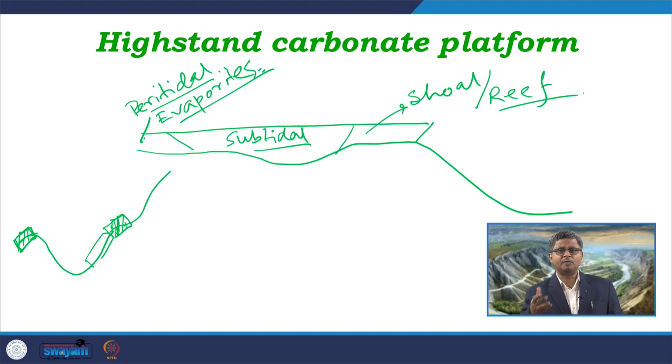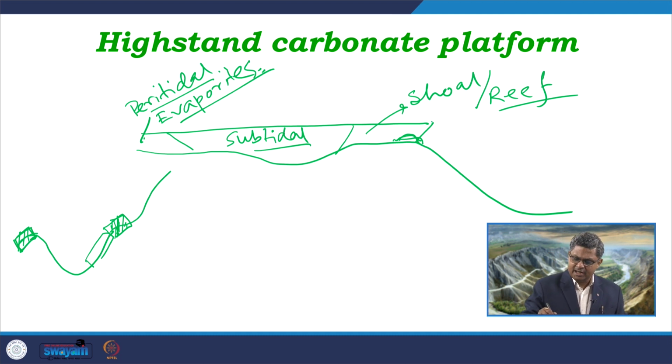Now, this development of reef is also part of maintaining that balance, which can form over here in this area. And when the reef develops, it becomes a rimmed shelf, because the area lying behind the reef becomes more obstructed, more of a barrier condition, and that becomes a low energy condition.